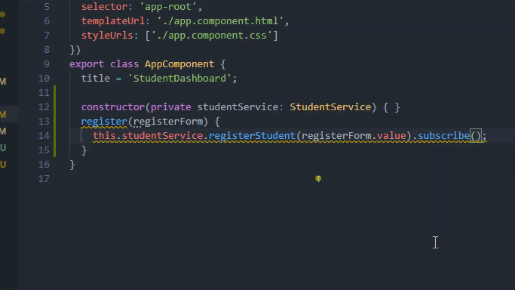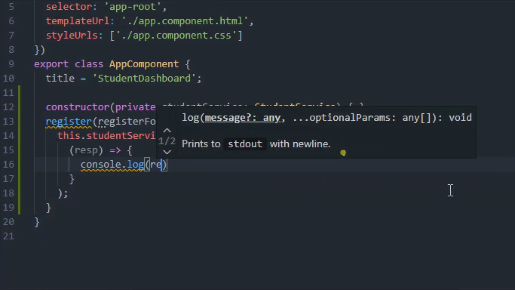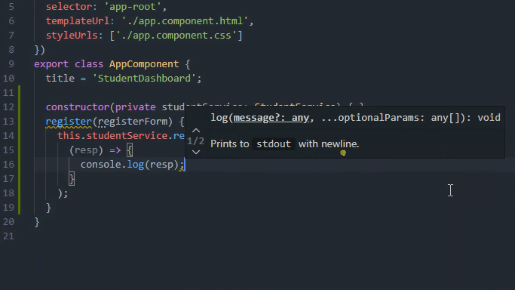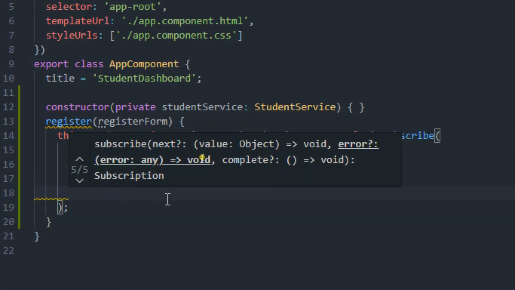So we just subscribe to this HTTP call, and again inside this, if we got any response, then that means we have successfully inserted all the values. So let me type console.log response, and in case we got any error, then let me also handle this error.